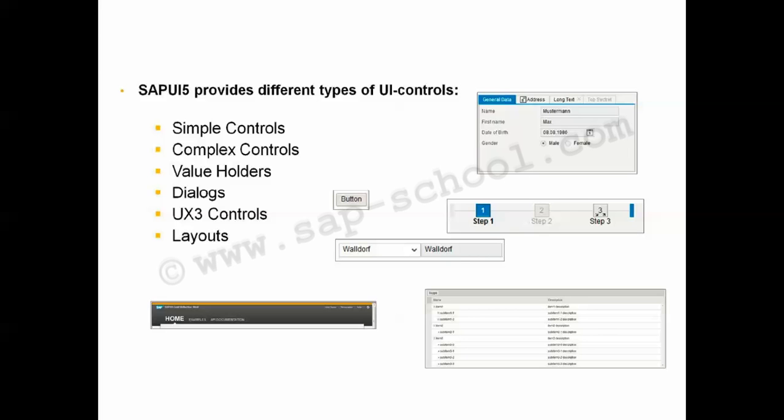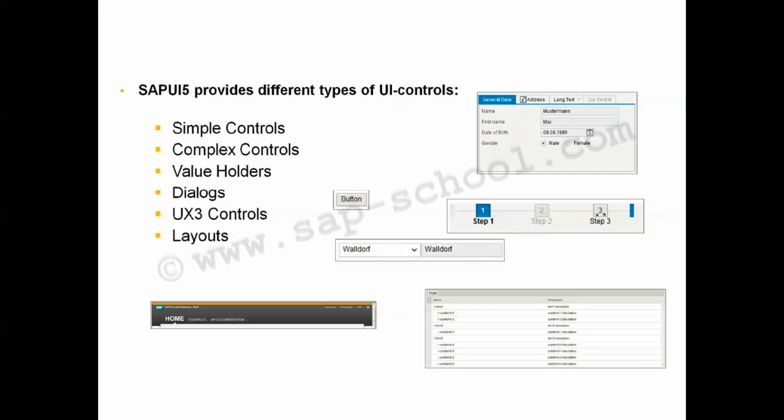After that, the value holders. The value holder section contains the controls that offer a value list such as the combo box, list box or drop down box, as well as the controls where the user can make interactive choices on the data selection, like the checkbox or the radio button group. Then in the layouts, the feature set available with the layout controls varies from basically designing a screen area or a page by using a divider to providing complex layouts such as the matrix layout or the absolute layout. After that, we have the complex controls.